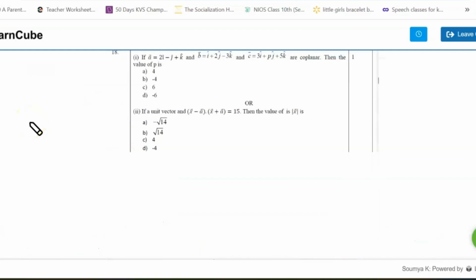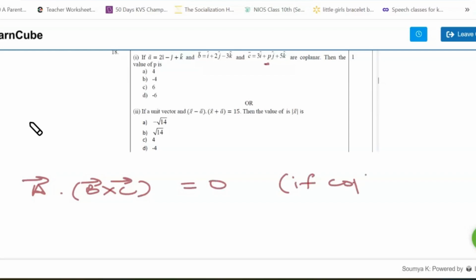If a vector and b vector are given, and c is also given, and they are coplanar, then the value of p is, so everywhere the values are not given, a variable p is there, and it is told that they are coplanar. So for coplanar, you have a condition like a dot b cross c will be equal to 0 if it is coplanar. Okay, in that case, what you have to do is first write down all the elements, i cap minus j cap plus k cap dot